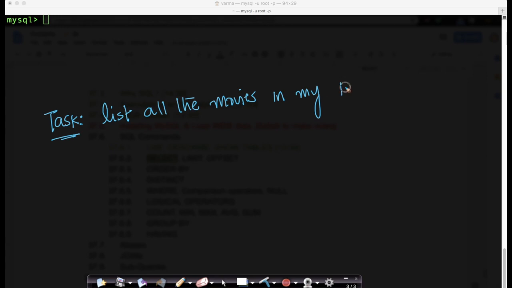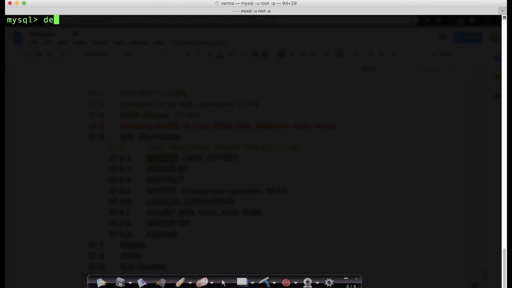Okay, having said that, let's take a task. We'll always try to put things in the context of some real world tasks. Suppose my first task is I want to list all the movies in my database. I'll write database in short as DB. If I want to list all the movies and all the data I have about these movies, we know that there is a table called movies. We've already seen its description, so let's go and see the describe